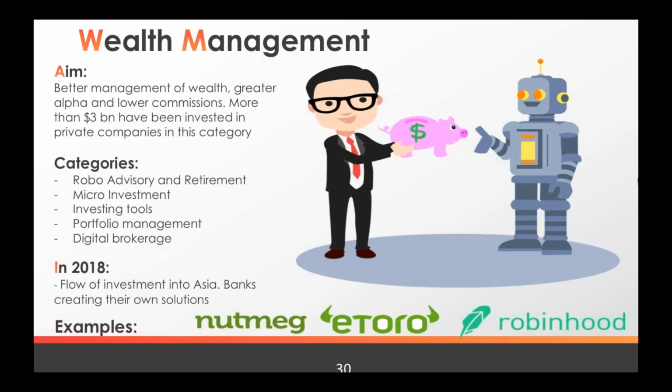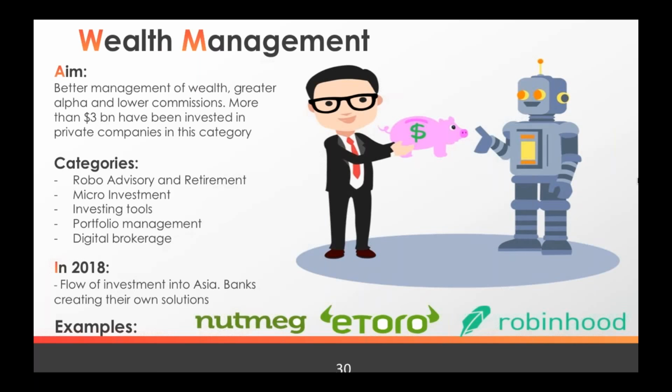The other thing that we're seeing is banks which have relied a lot on fintech companies to start with, for example, with robo-advisors. They've started to create their own solutions. And it seems like this will keep on going in 2018. So less partnerships and more internal development for big banks.